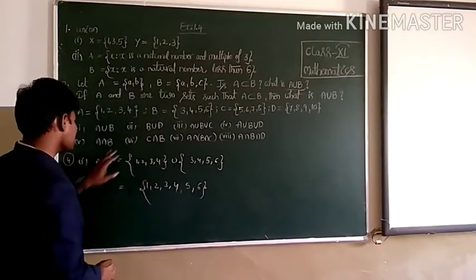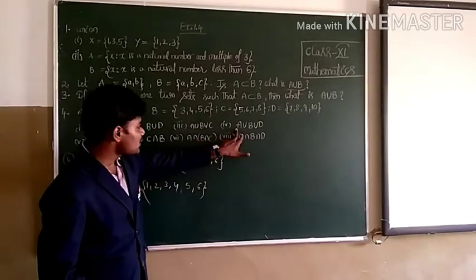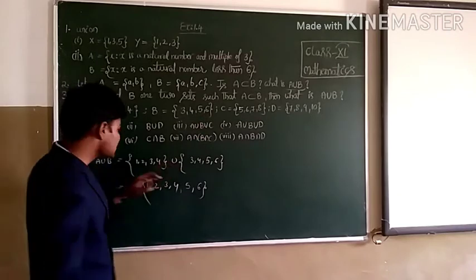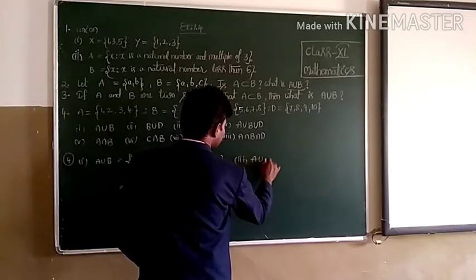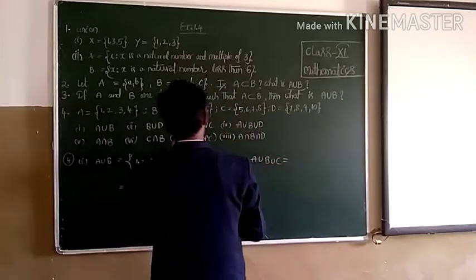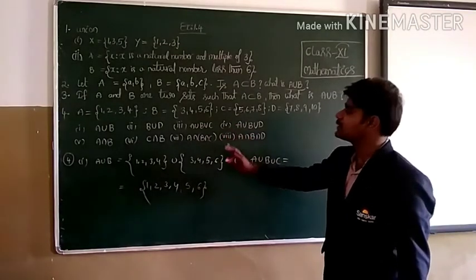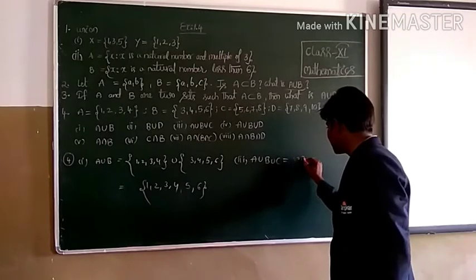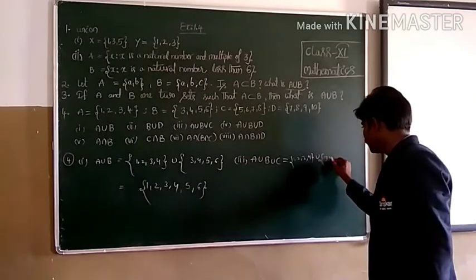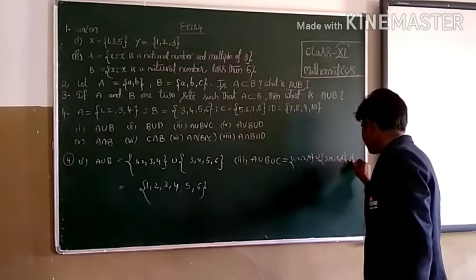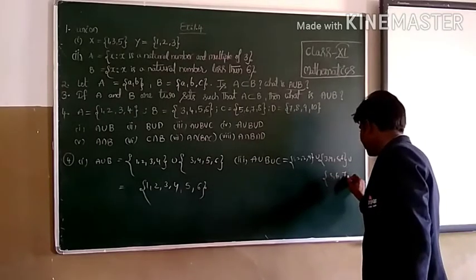Suppose B union D. I think there's no need to explain this one again. Some other examples I will explain. Suppose A union B union C. Suppose 3 sets are given. So for A union B union C, we need to consider all the elements in A, B and C. Okay, first set A is 1, 2, 3, 4, union B is 3, 4, 5, 6, and union C is 5, 6, 7, 8.